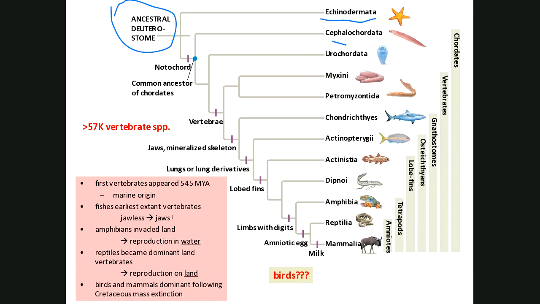And then in a nutshell, we've got the fish, jawless at first, then they have jaws, then we get the amphibians, and they were the ones that reproduced in water but made it out onto land. They couldn't stay on land. Reptiles could live on land. They could lay eggs on land. They didn't have to go back to the water to lay eggs. So they became dominant. And that's where the dinosaurs, that explains their prominence.